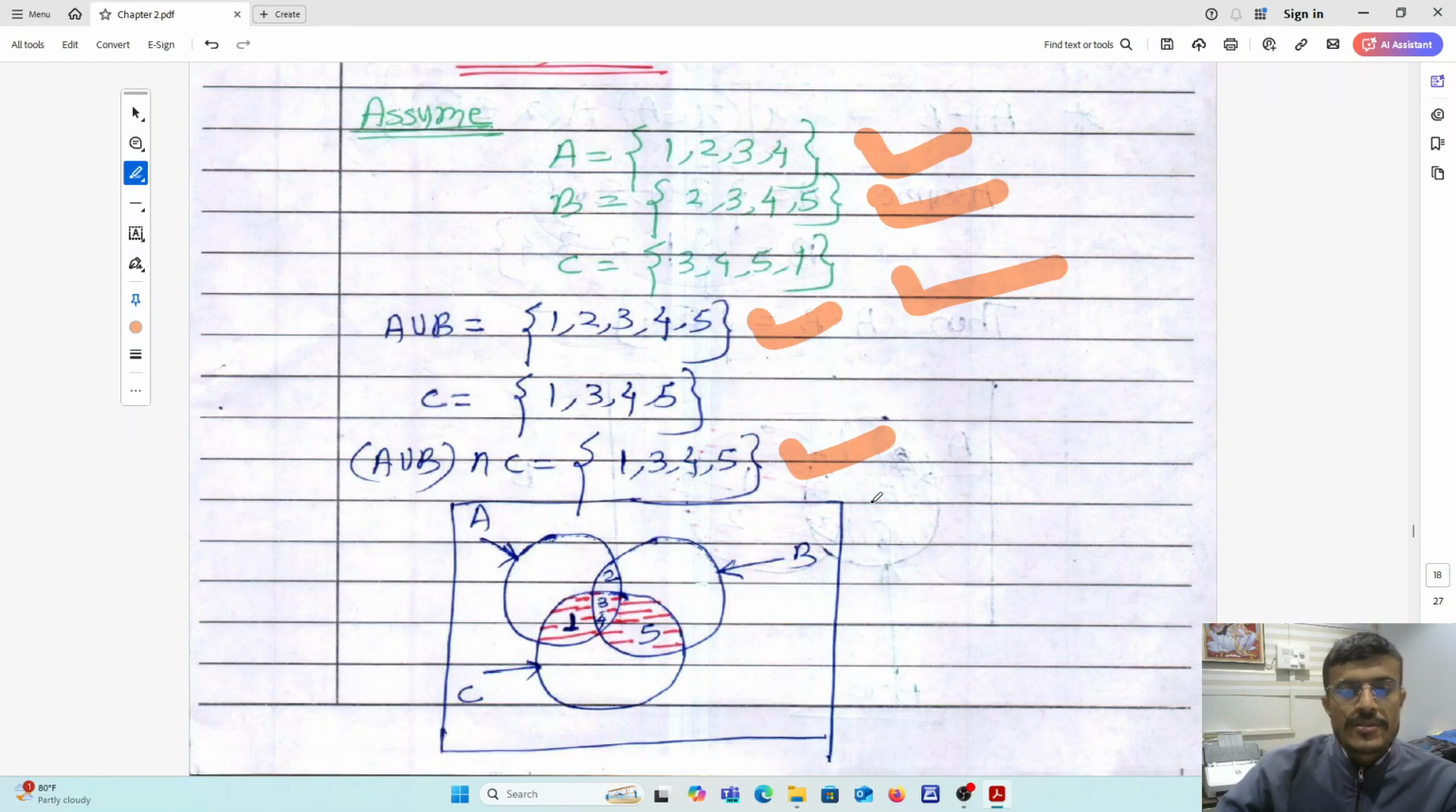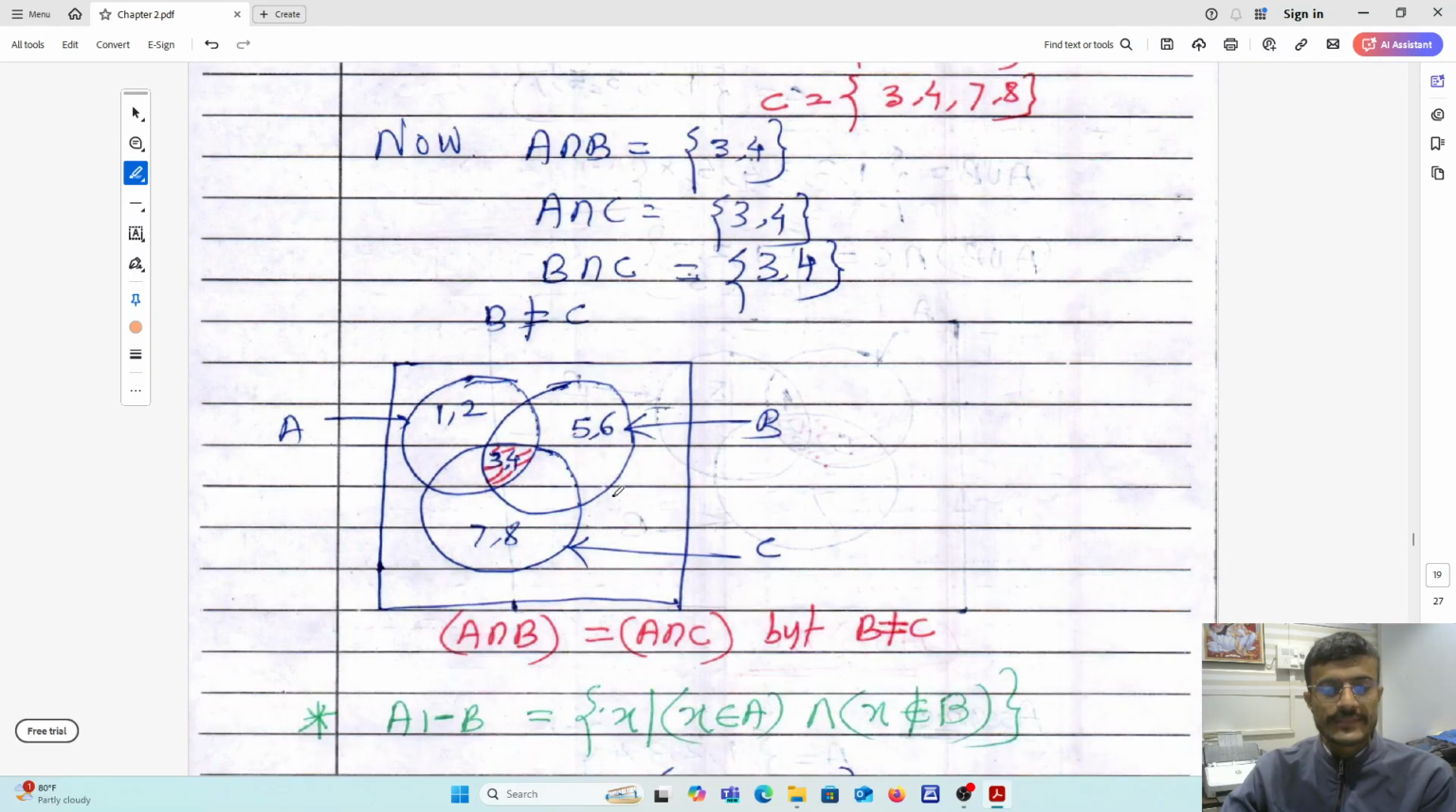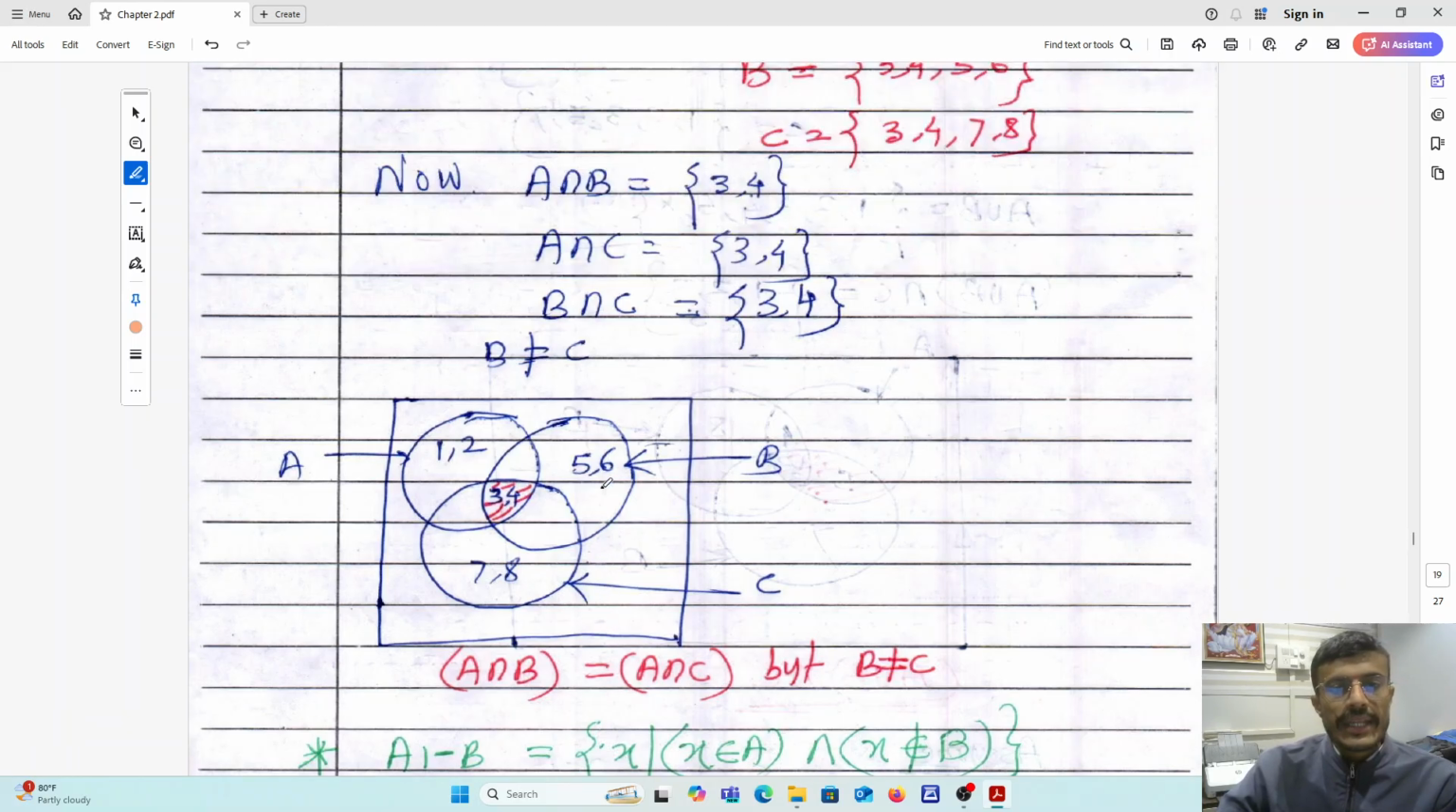Okay. So simply you can see here the shaded portion which has the common elements 1, 3, 4 and 5. Yes. So that is nothing but the result for this one. Okay. Then next one,